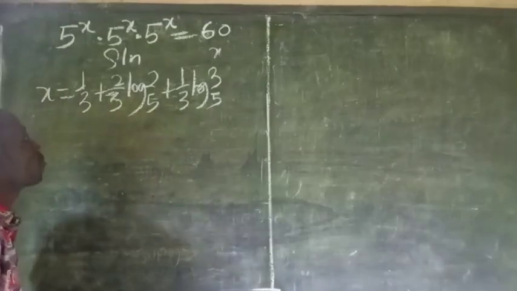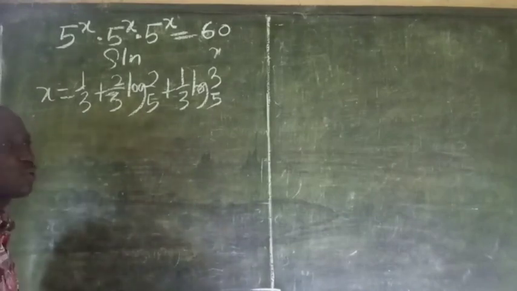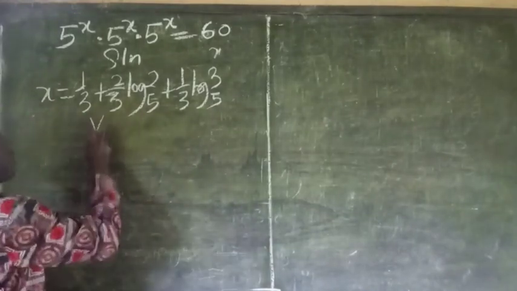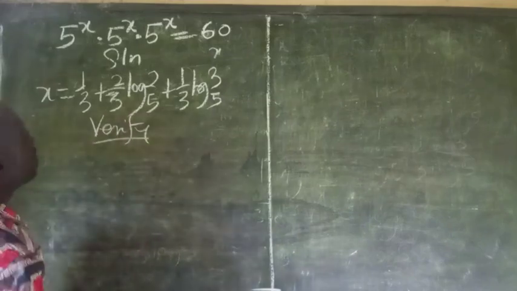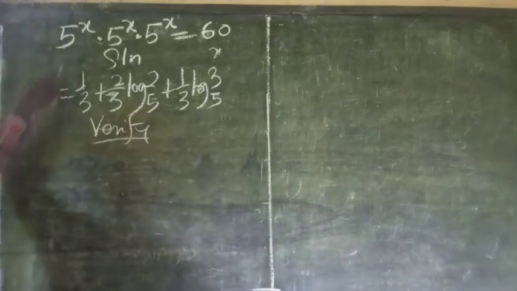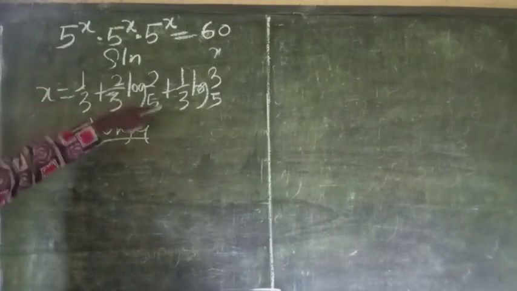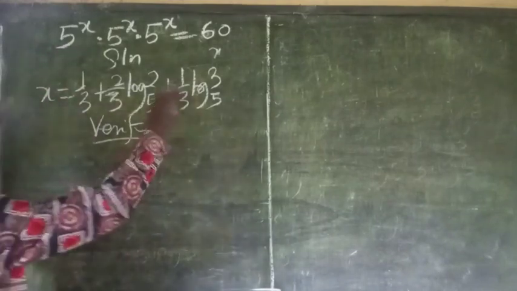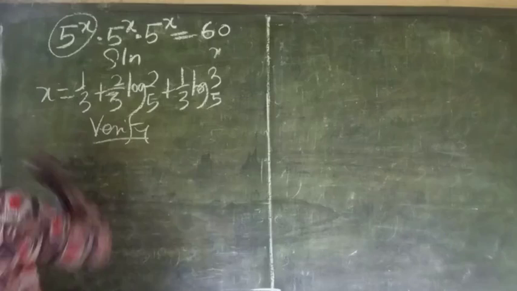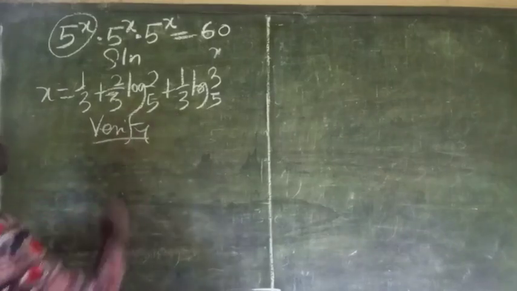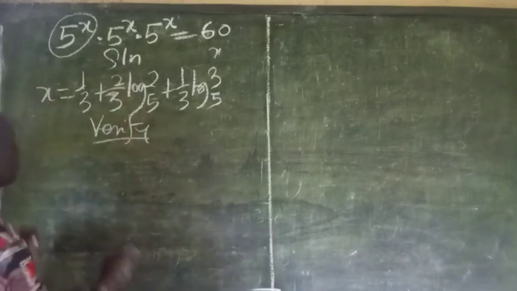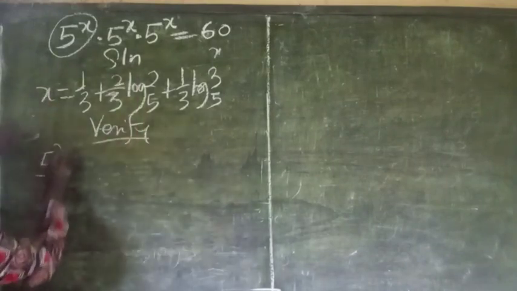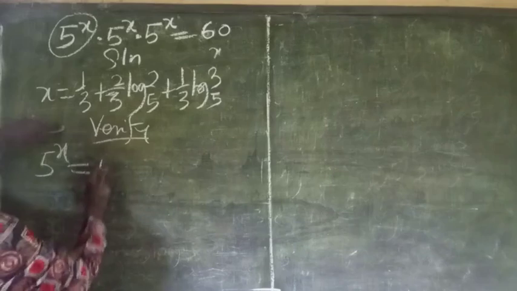So to verify, we want to show that the left hand side should be equal to the right hand side. So the first decision we'll make will be anywhere we have S, we'll put this value that we got. But because of the length, we want to pick one and work on it. So the answer we got will be multiplied by 3. What do I mean? Let's say 5 raised to power S is equal to 5 raised to power